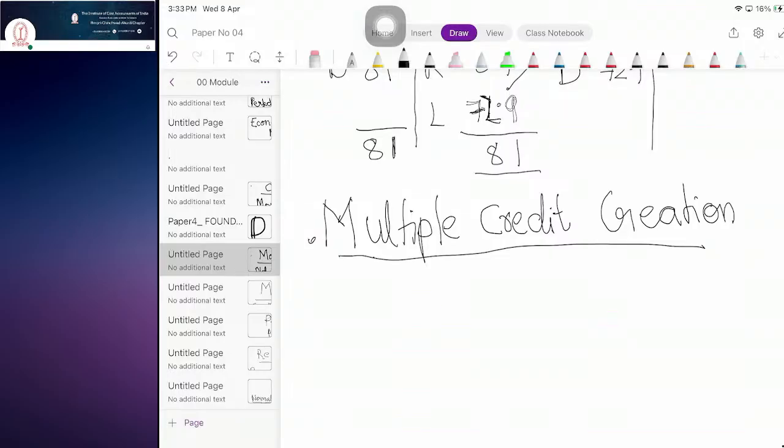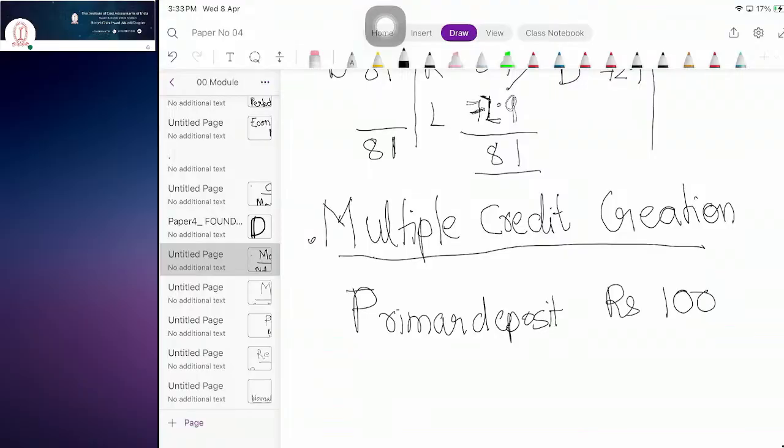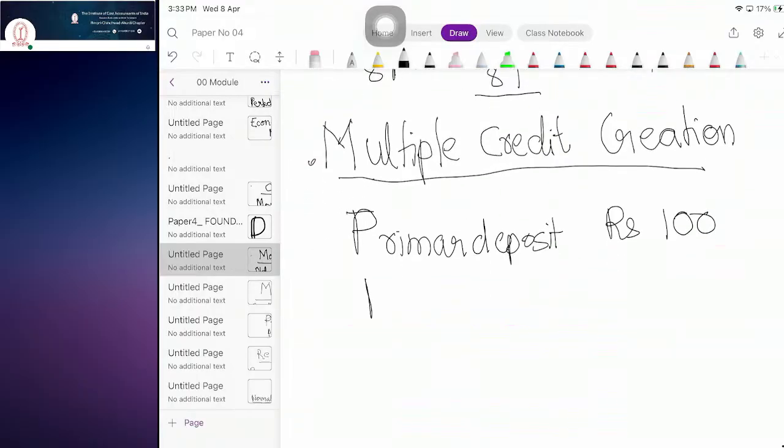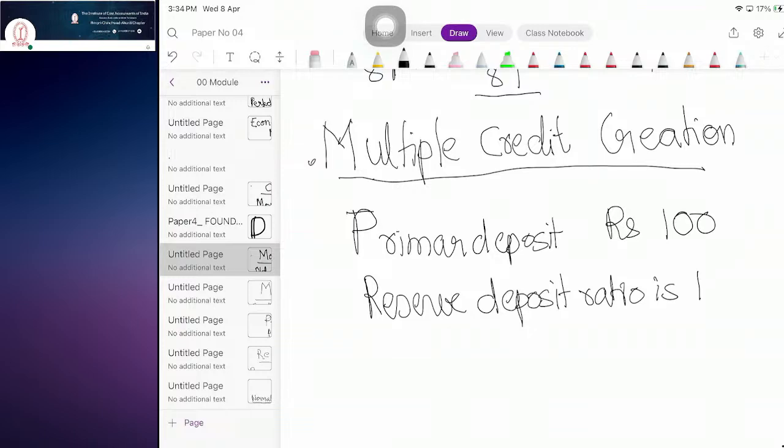Copy down this formula: suppose the primary deposit is rupees 100 and the reserve deposit ratio is 10%, then the total deposits in the banking system